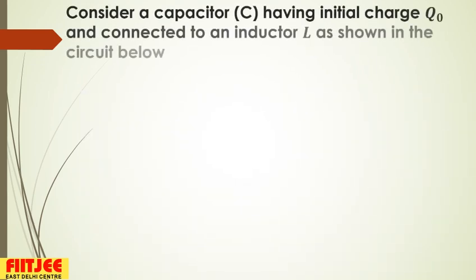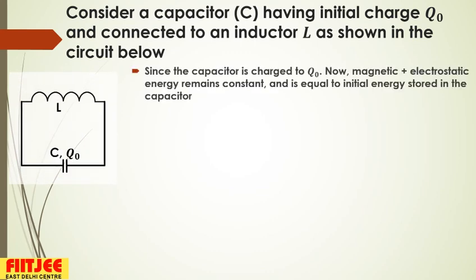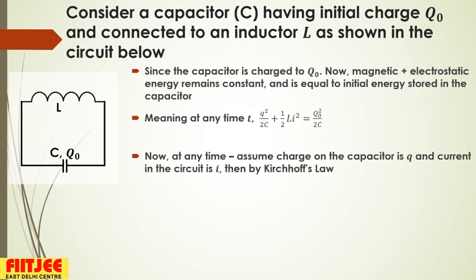Now, consider a capacitor having an initial charge Q0 and connected to an inductor L as shown in the circuit below. Since the capacitor is charged to Q0, the sum of magnetic and electrostatic energy remains constant and is equal to the initial energy stored in the capacitor. Meaning at any time t, Q²/2C + (1/2)Li² = Q0²/2C. Now at any time, assume the charge on the capacitor is Q